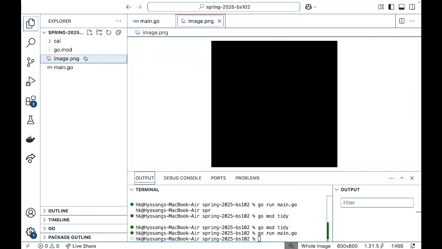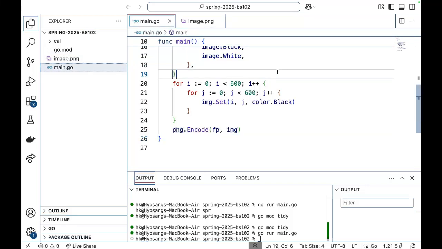Then let's open the image.png. So it's all covered black. Okay? Because if I don't do anything, it's basically blank, white color. But I colored every single pixel as a black color, so that's why it's now a black image. All right. So since you know the basic way of making the image file,